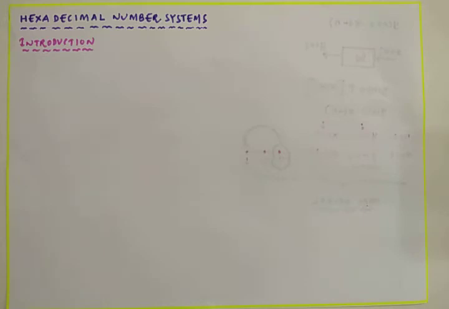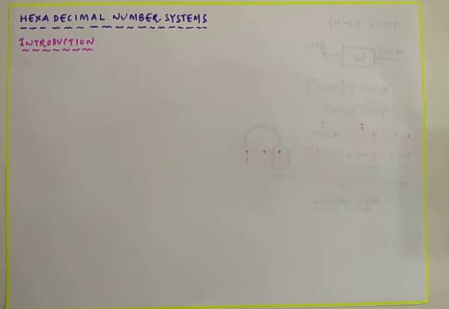Now I am going to talk about another number system, that is called the hexa number system. We know that binary numbers are very long and it is very difficult for human beings to remember them. Binary numbers are fine for machines, but are too lengthy to be handled by human beings. So there is a need to represent binary numbers concisely.